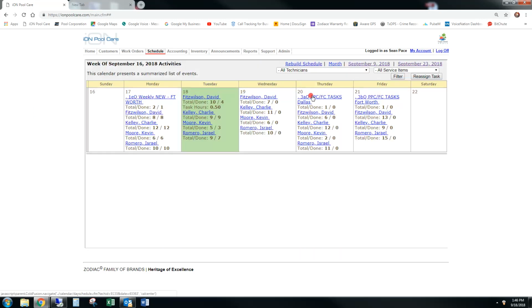We have another one over here, the 3AQ PPC FC tasks. This is tracking filter cleans in Dallas. And this one over here is tracking filter cleans in Fort Worth. So when we sign up a new weekly customer, as part of their terms of service, they agree to let us do their filter cleaning 2 to 3 times per year. So we actually set up a task in the system